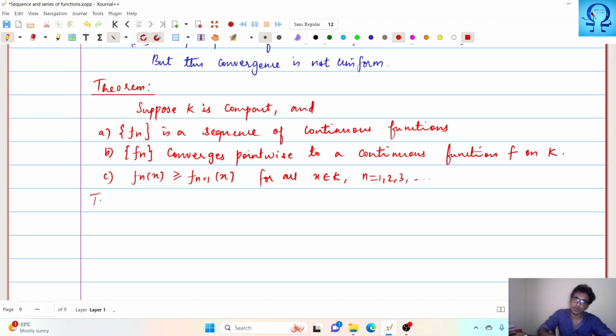If this is the situation, then our fn converges to f uniformly